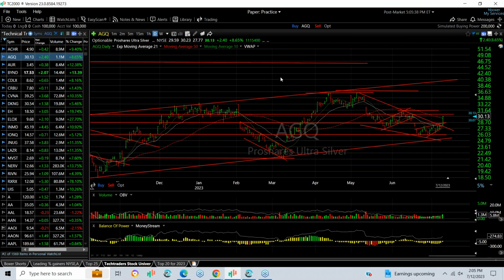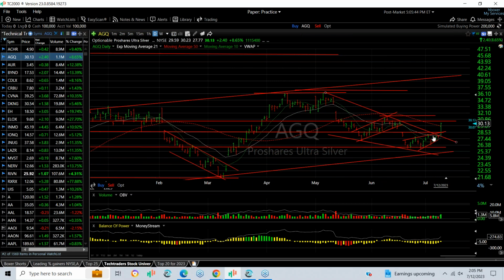AGQ, I went long this and JNUG on a day trade, and I might do a swing on it. I like the way that it exploded and closed at the upper end of the range through the declining top line, all three moving averages in one day, increased volume as well. So keep an eye on that one, AGQ,